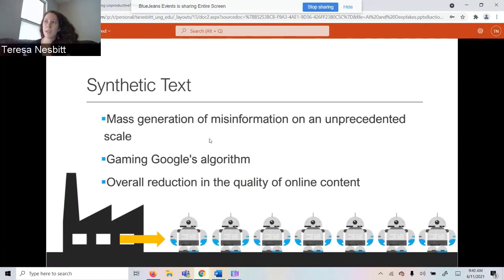So just having a passing knowledge of search engine optimization and buzzwords that will get your page to float to the top and get more clicks and get more ad revenue or eyes on your screen, whatever your goal is, it wouldn't be too difficult to start getting this lower quality information to start really floating to the top.